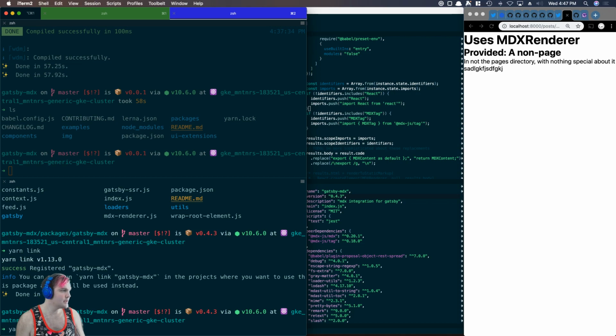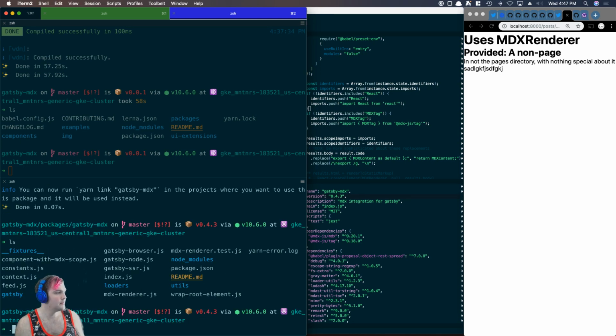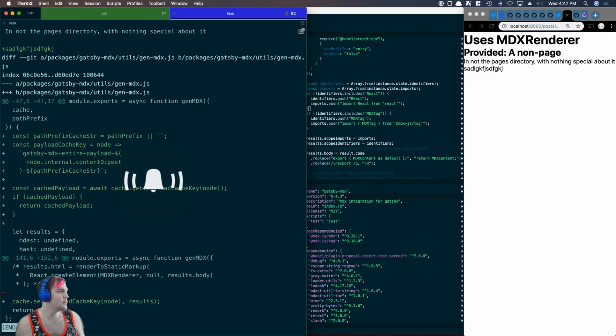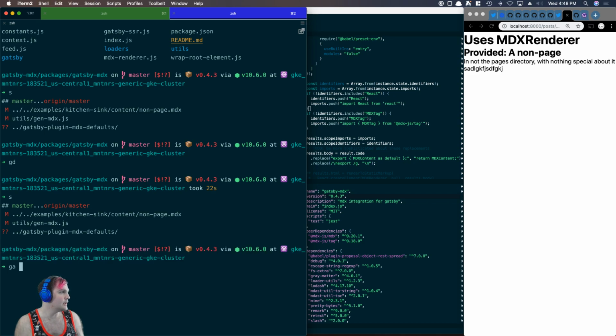But we are going to publish. Actually, all of our changes aren't really that deep. They're just like path prefix string, get a path prefix string from the node. If we have it in the cache, return it. If we don't have it in the cache, set it in the cache. So to get a CI build out of this,